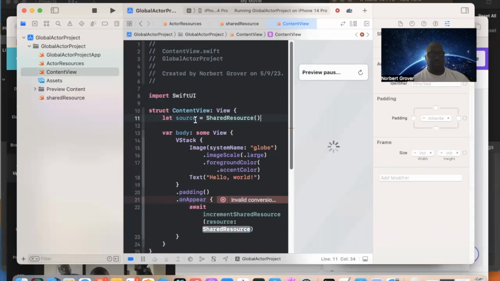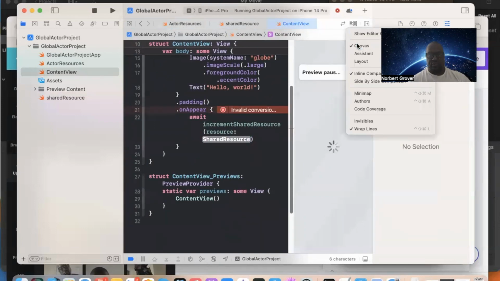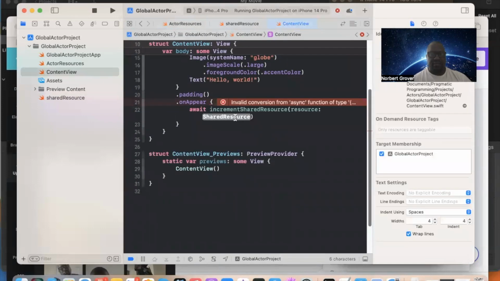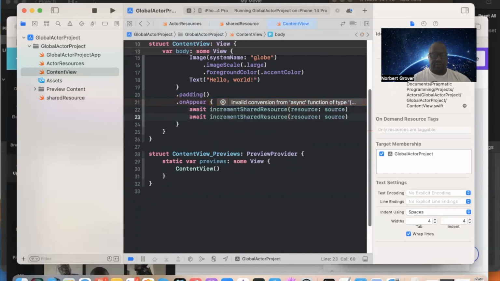Source equal shared resource, and I'm just gonna say, see, because I hate constant that canvas is like useless, right? Source, right? Increment, and I'm gonna do this twice, okay? C, V,